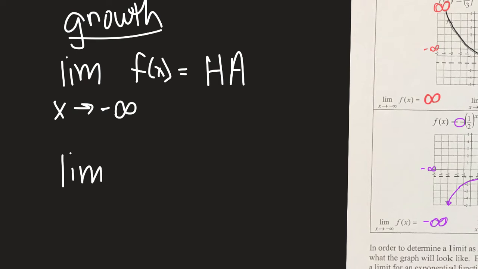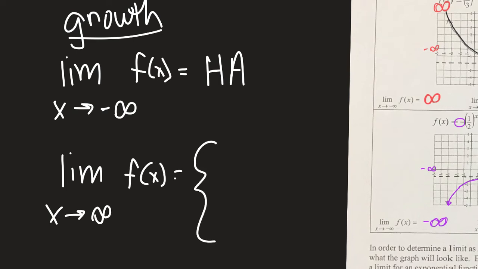And then the limit as x goes to positive infinity has 2 options. If your function is positive, then your limit is positive infinity. And if your function has a negative in it,